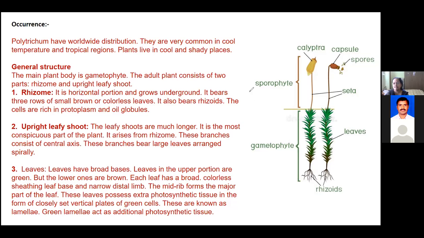like a grass leaf, the leaves will be like this. The shape of the leaf will be lanceolate. It is broad at the base and pointed at the tip region. Lanceolate means